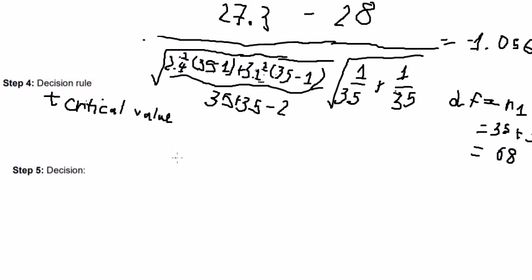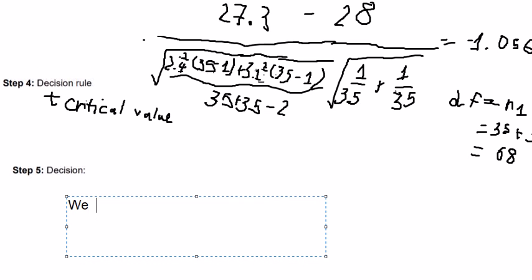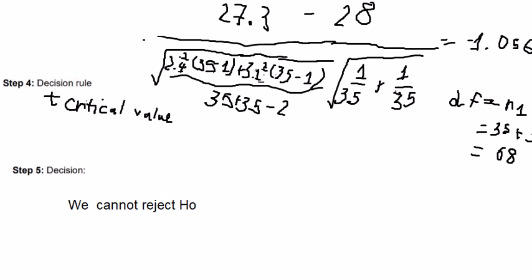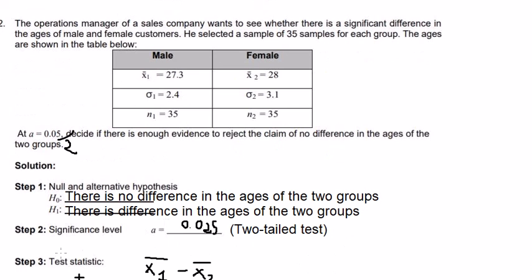So we can say that we cannot reject H0, because this value in here is greater than the t calculated. So we cannot reject H0, and we can say that there is no difference in the age of the two